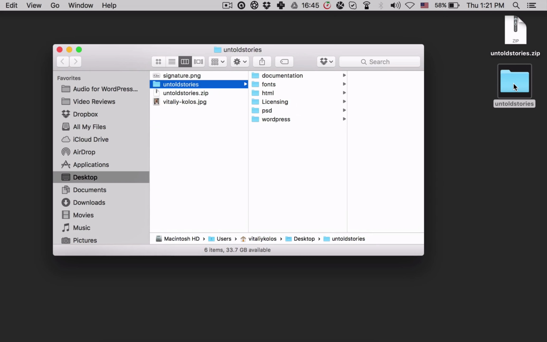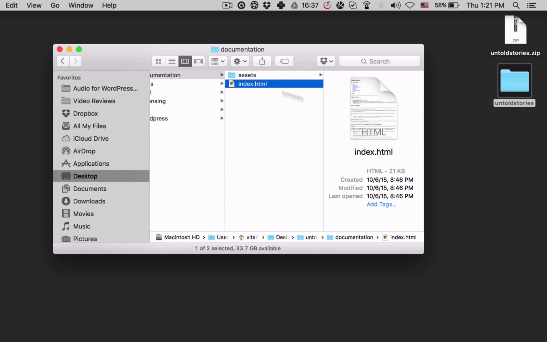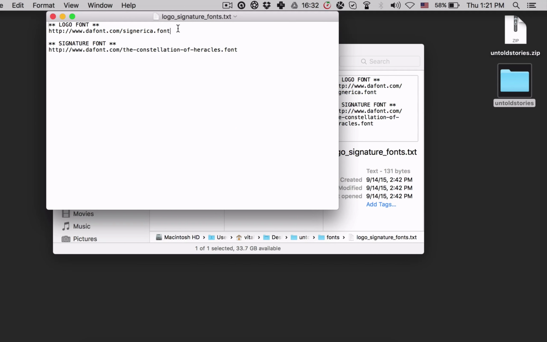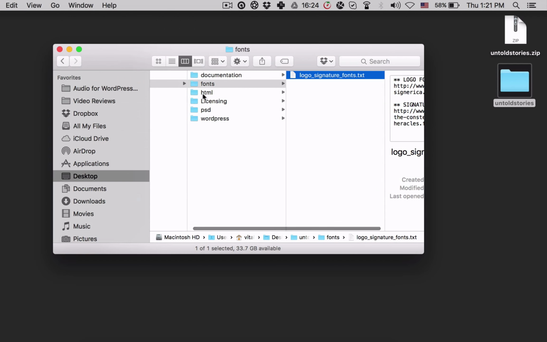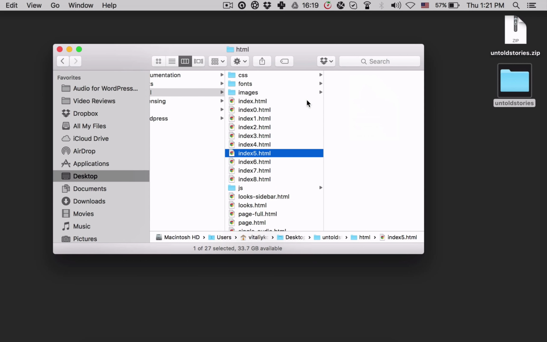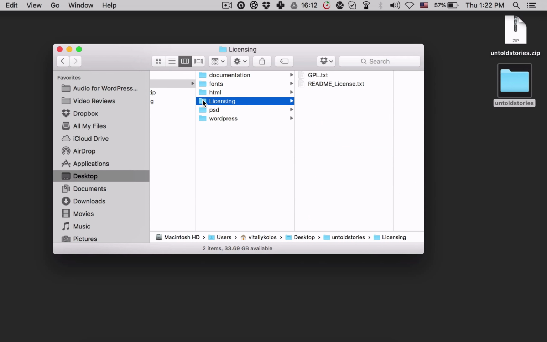Once you've downloaded and unzipped the theme, you should have the following content in it: the documentation folder that contains instructions on how to install and configure your theme, the fonts folder, which has a file which links to resources that you need to use for downloading and installing the required fonts, the HTML folder that contains an HTML version of the theme, just in case you want to integrate the theme with a different platform other than WordPress,